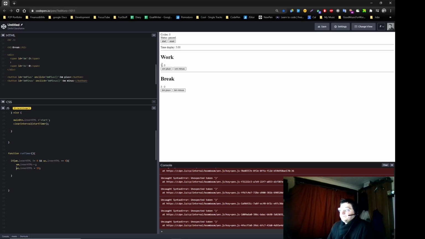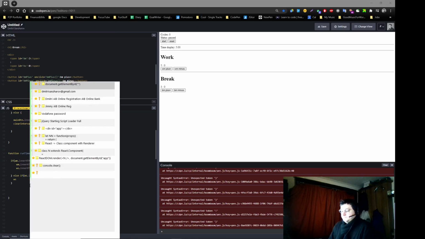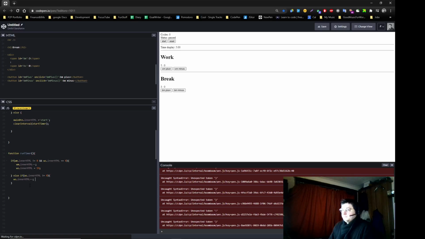Okay. So every time it becomes, for example, 4-0, it will minus it to 3 and make work seconds 59. Now here's a very, very important part. Else, if work seconds inner HTML does not equal to 0, we want to do work seconds inner HTML minus minus. So once this becomes, for example, 4:59, work seconds are no longer equal to 0, it starts to minus it,